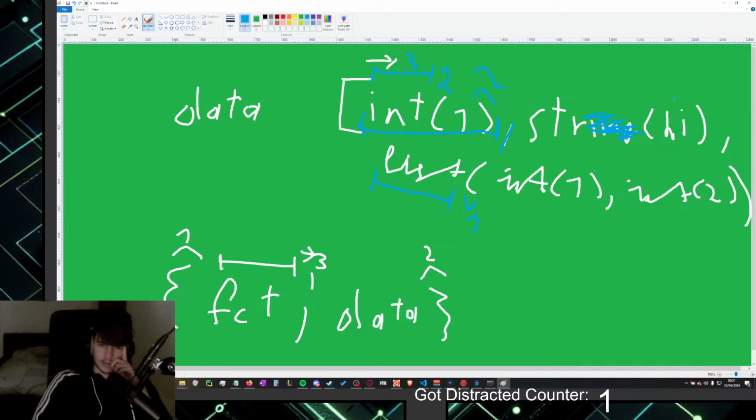What if the string has brackets in it? That's not good. Okay, I think we need to manually count brackets, and then I don't need a comma in between them. Basically, whenever we have as many brackets closing as there are opening, then that is the thing we are looking at.